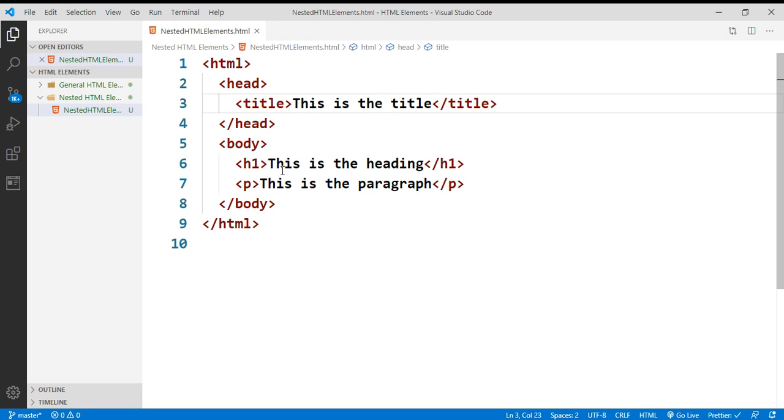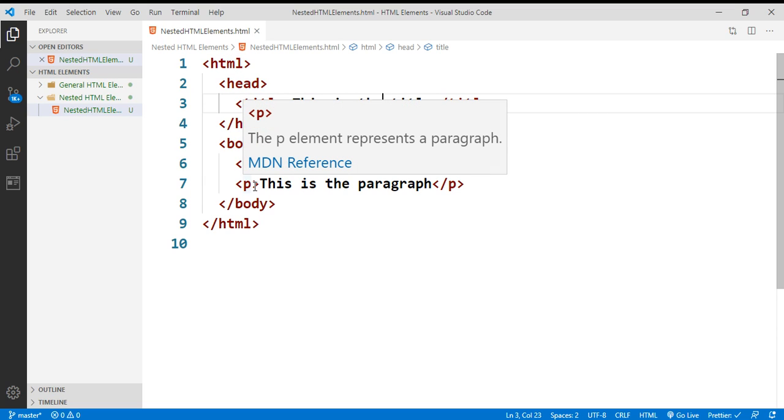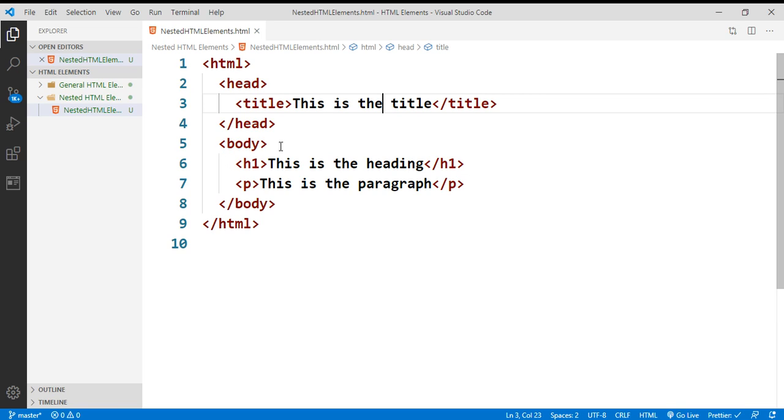The body element is nested inside the HTML element, and the h1 and p elements are nested inside the body element, right? So basically all HTML documents will have nested HTML elements,